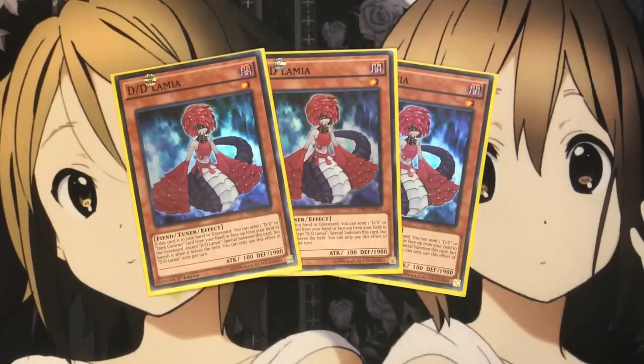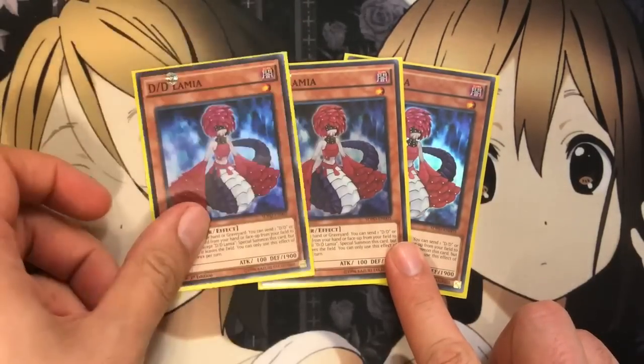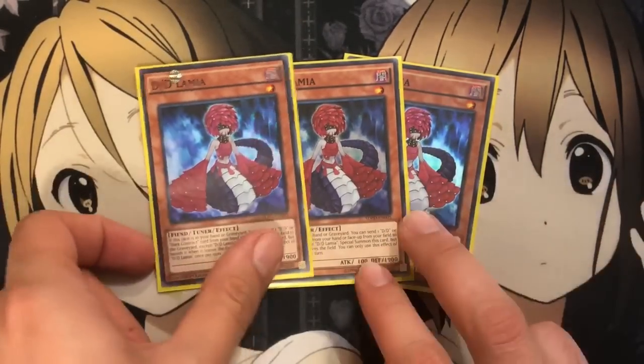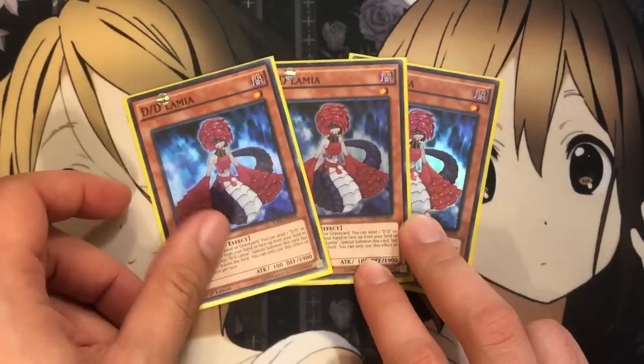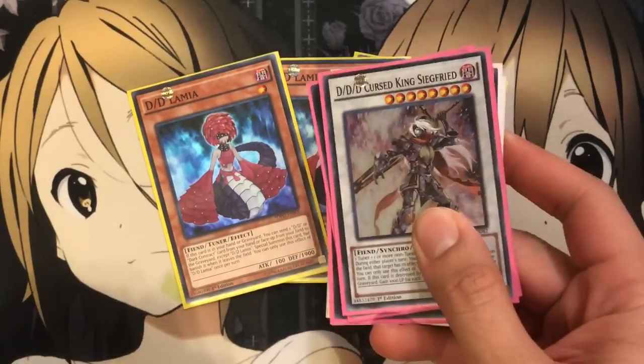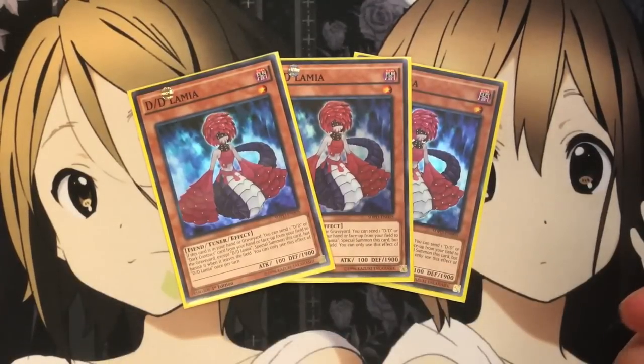Except for Lamia, to special summon this card, banish it when it leaves the field. You can only use DD Lamia's effect once per turn. So an easy tuner grab, once again. I don't have Crystal Wing to put into the deck, but definitely the move to go for with this card. If you do have the Crystal Wing to use, sadly, like I said, I do not, so I just go for the Cursed Siegfried play, or you can go for the Void Ogre play,